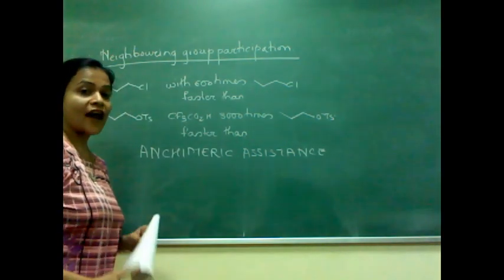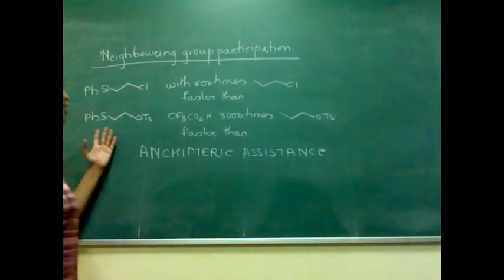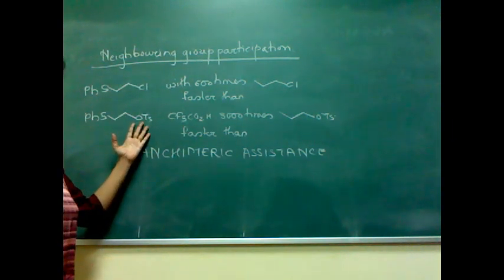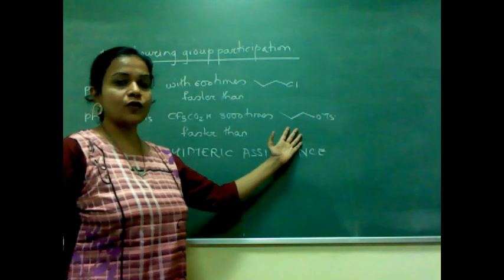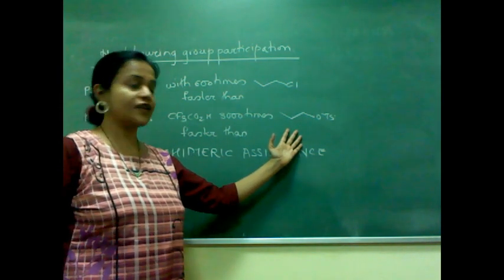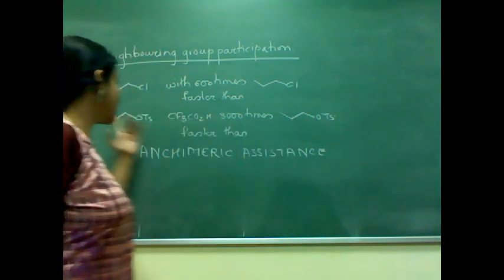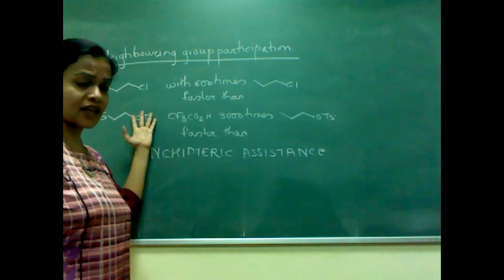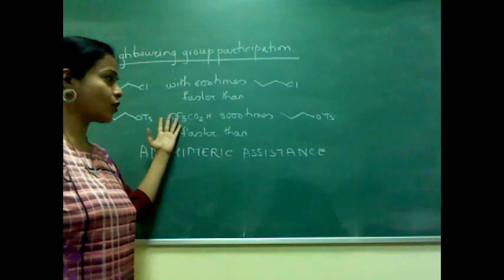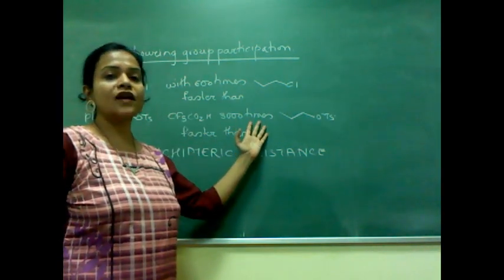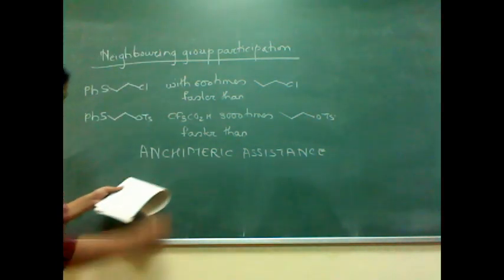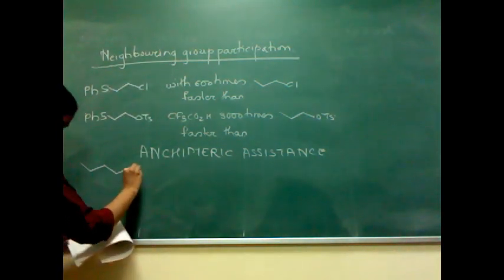So you have anchimeric assistance. Now again, in this particular example, we have the tosylate group as a leaving group, and if you compare it with the substrate that is written here, what you find is that the sulfur possesses a lone pair of electrons which offers anchimeric assistance in knocking off the tosyl group, leading to the faster reaction rate of this particular substrate. Then you have this final reaction.